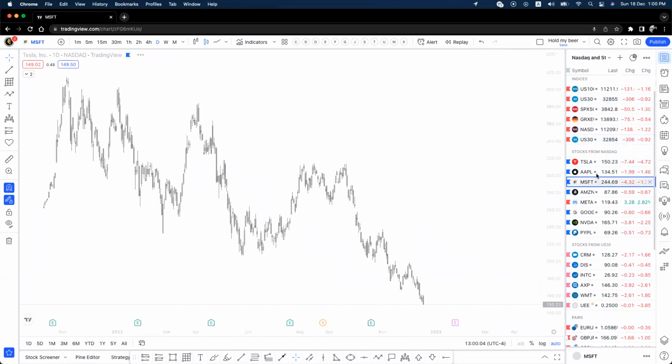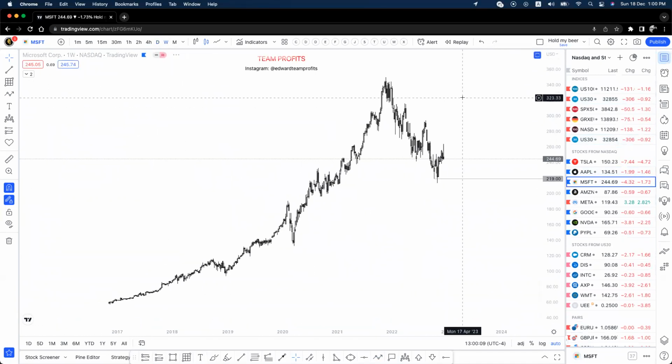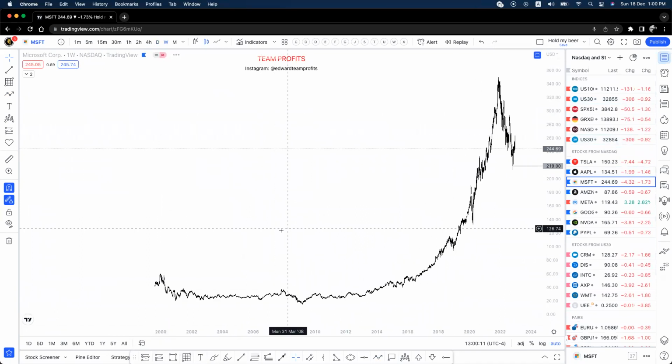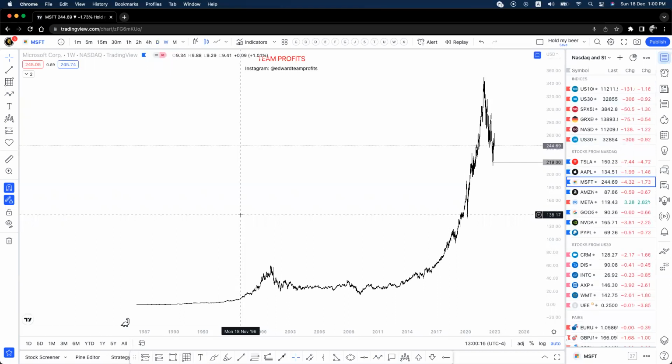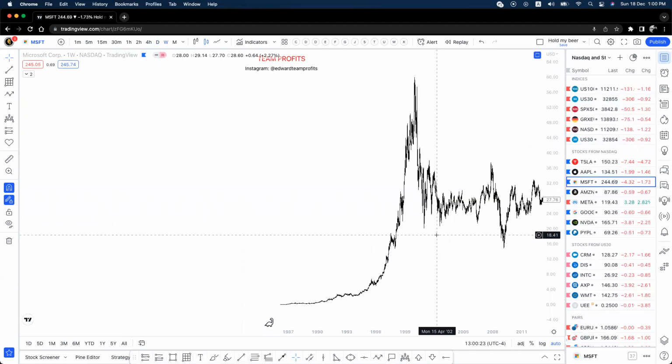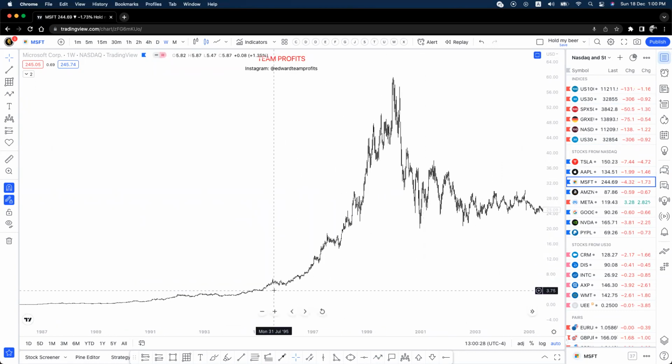If you go on Microsoft and Apple, I like to watch them from time to time just to understand everything. Like look at Microsoft, for example. Microsoft is one of the biggest companies ever, since it started. You see how it pushed. I'm going to zoom in from here. What year was this? 95, 96, 97, 98, 99, 2000. So by 2000,